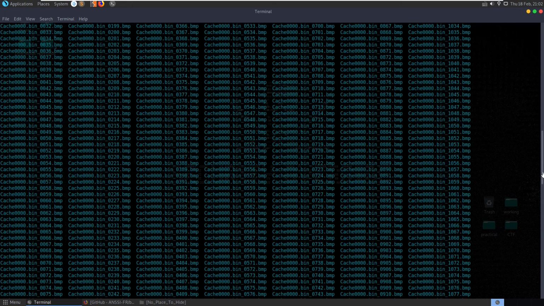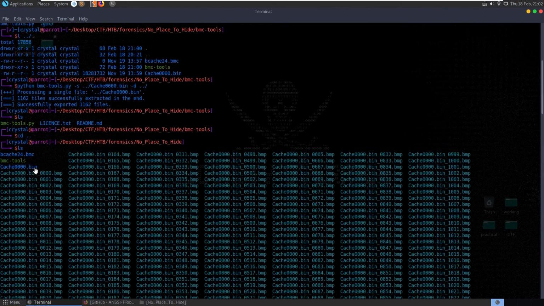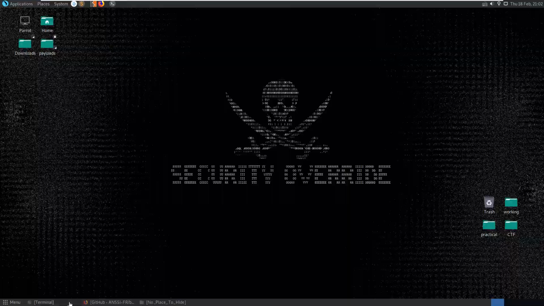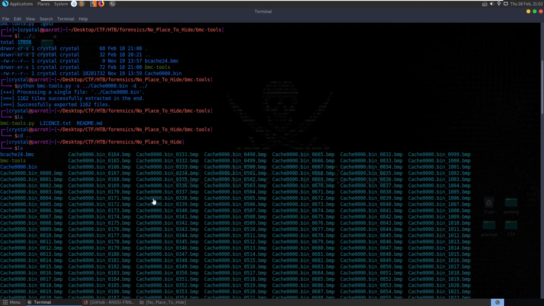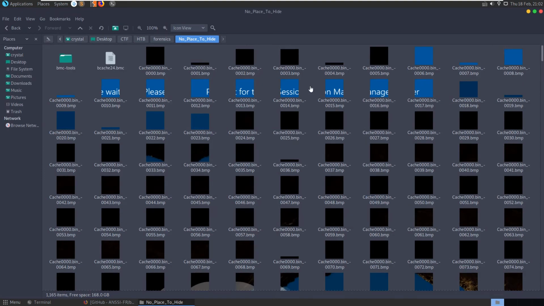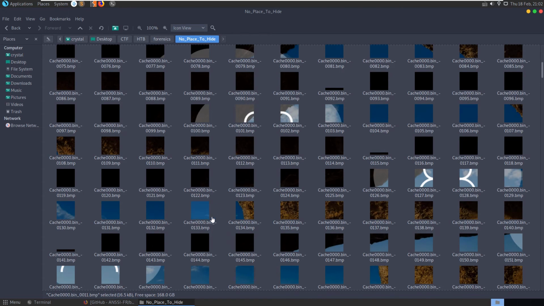1,000 bitmaps. Okay. Do we have anything else there? Did it create anything else? No. Okay. Does it also give us anything nice for viewing it? It can provide a collage bitmap aggregating all the tiles. Okay, I should have done -b then. Let's go back and have a look in this folder to see if we can get an idea from some of the thumbnails. We can see a desktop anyway,